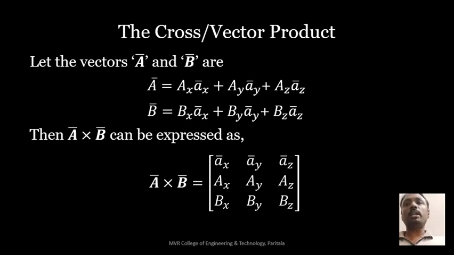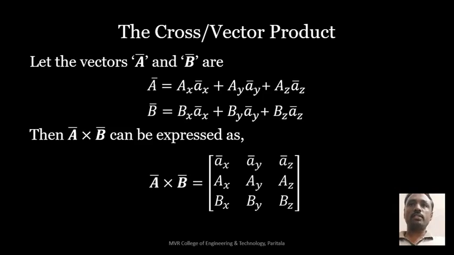Suppose if you multiply B with A, then what we have to write? In the second row we have to write B vector components, in the third row we have to write A bar components. So this is the way. So the result will not be same for A bar cross B bar and B bar cross A bar. So it won't follow the commutative law. That one we can see later. So this is the way you can identify A bar cross B bar mathematically if you know the complete vectors.